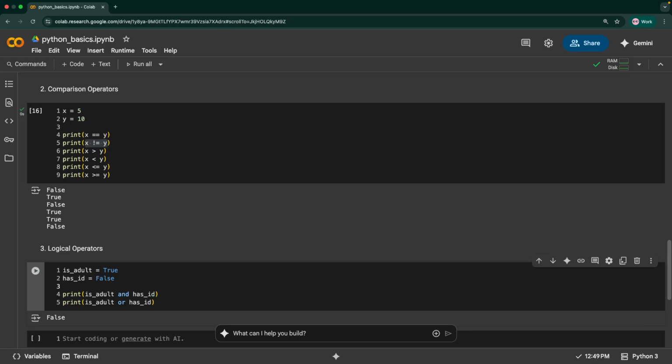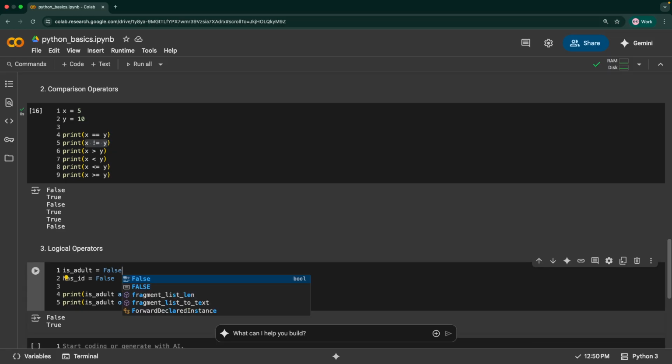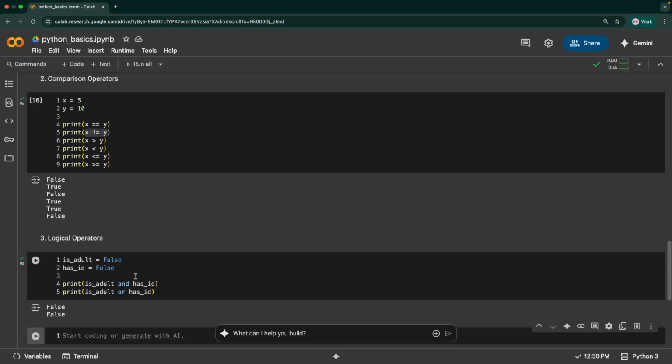For AND you should have all the values as true, whereas for OR one of those values has to be true. You can also think of this as ones and zeros: trues are ones and falses are zeros. OR would give you true if one of those values is true. In this case is_adult is true, so this is going to return a true value as well. But when both are false, AND will give you false, and OR will also give you false.